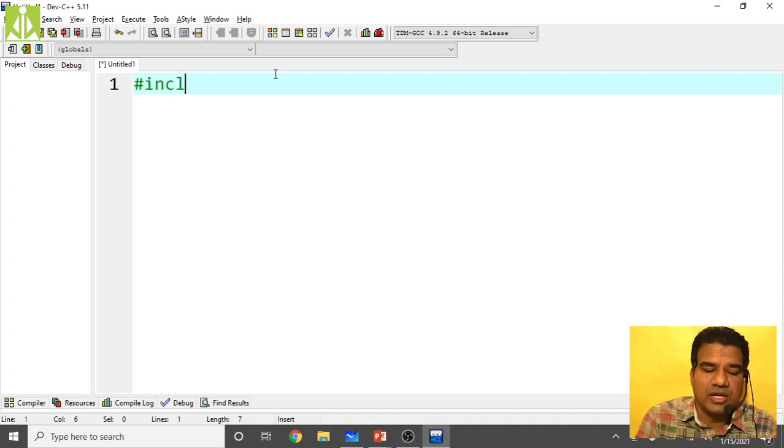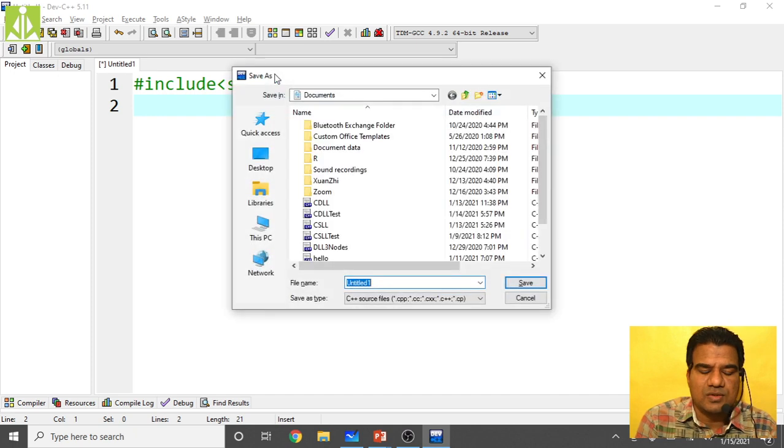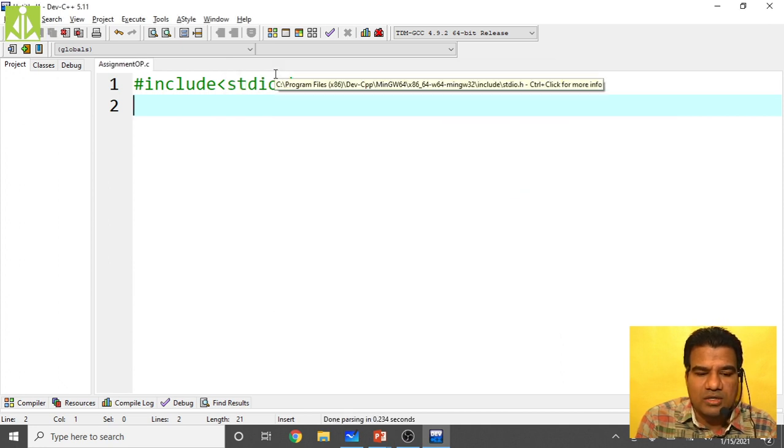So hash include stdio.h. Then hit enter. Yeah, save this program, Control S, as assignment operator dot c.